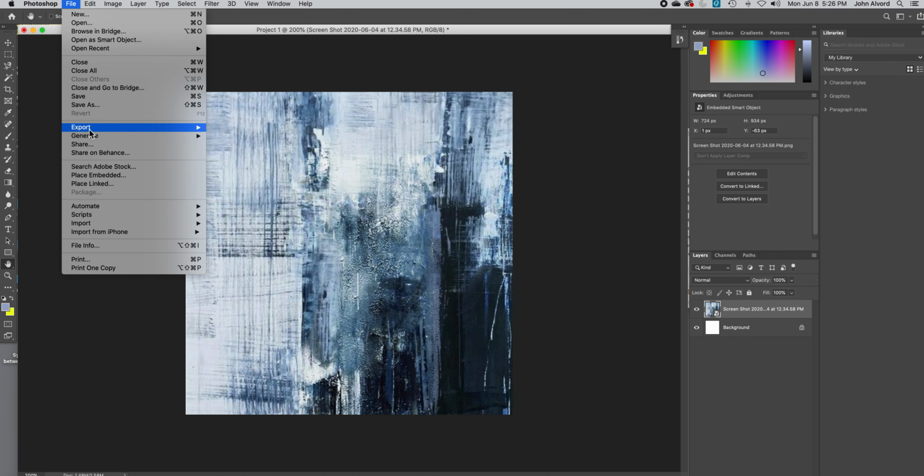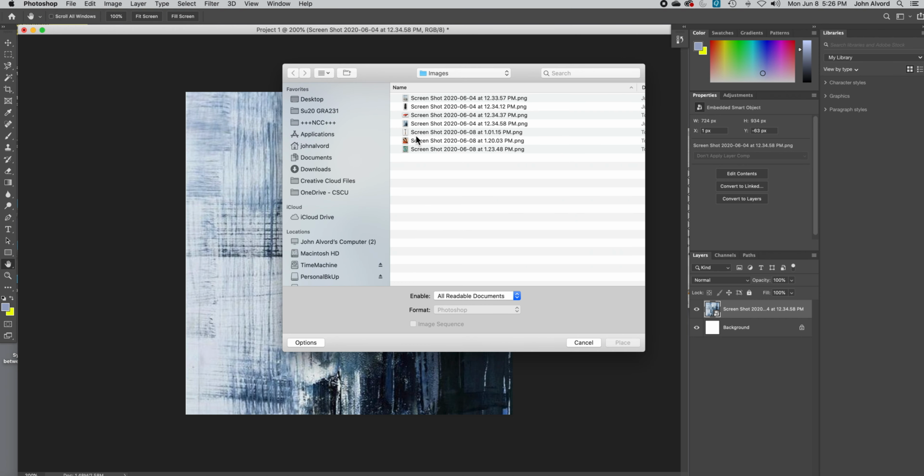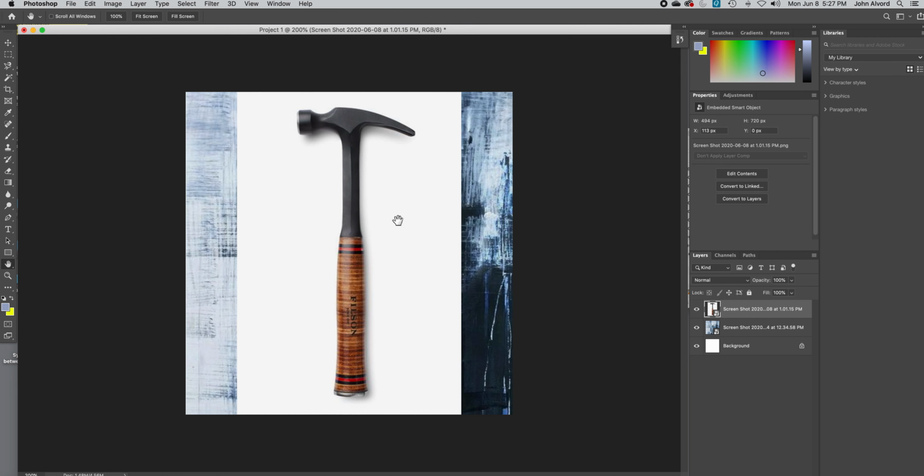Okay, let me go to place embedded, and I'll just demonstrate this with maybe two. I'm gonna select the hammer, because I like to do woodworking, so the hammer represents that for me. I'm gonna go ahead and hit place, and I hit return, and I have this big white background. Now we remember from the last assignment that you can use the magic wand tool to select the